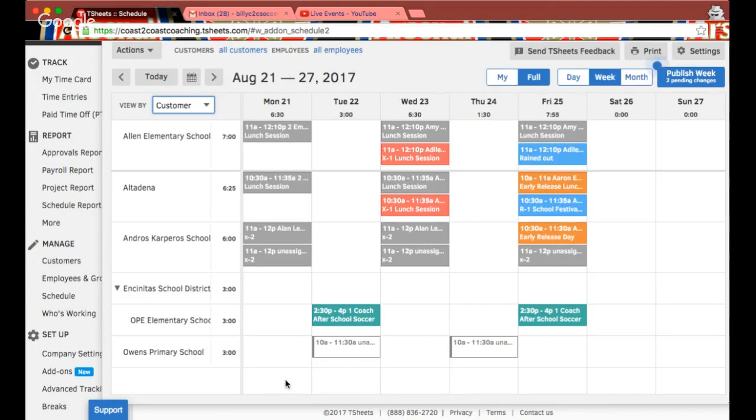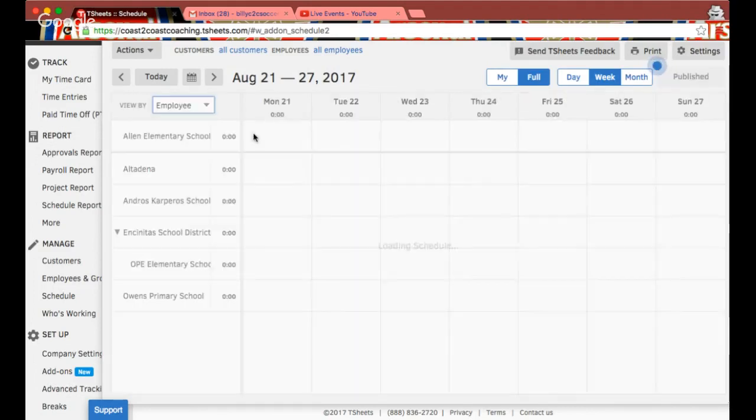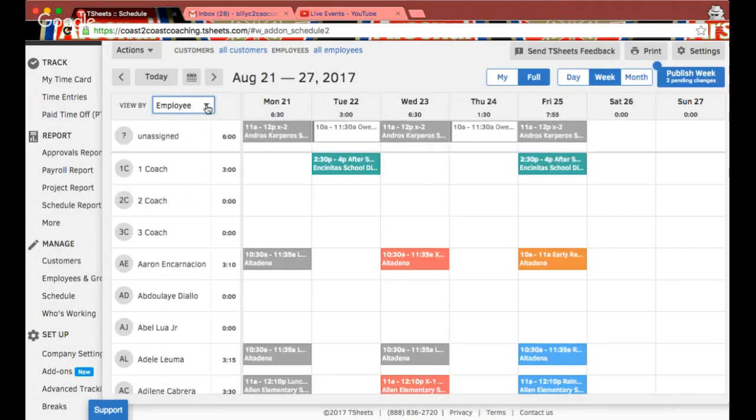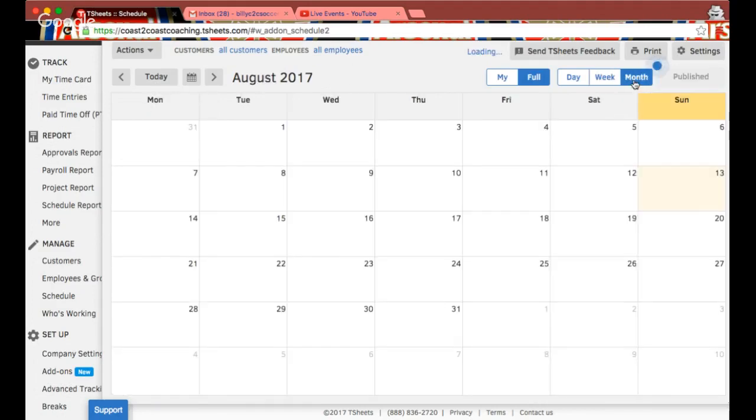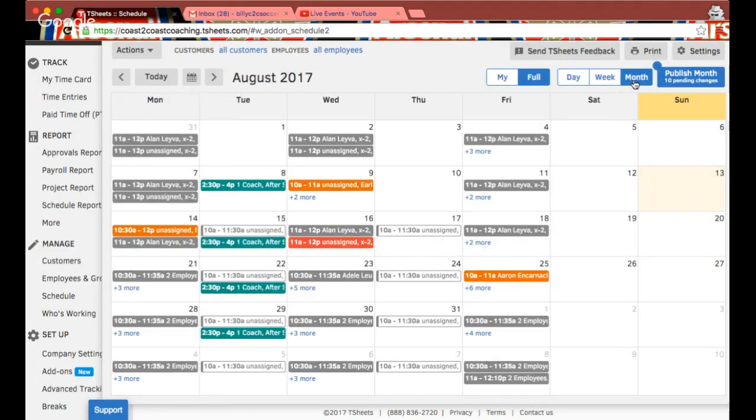So sales guys, they can see this as well. If they want to enter the sessions in here, it's no different for them to add it in the customer session. It will still show up on the employee side as unassigned if they added in a session there. So you can look between the two of those for any reasons you want, the customer side of things, or the employee view. You also can do a monthly view of the sessions over here